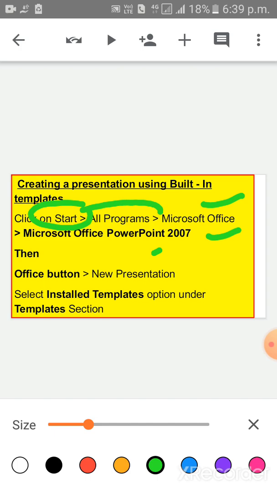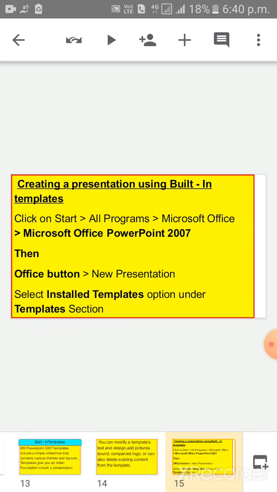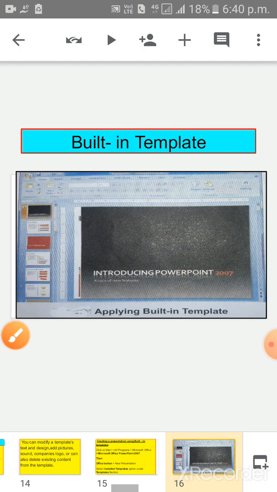After that, when the PowerPoint 2007 screen appears, go to the Office button and take the new presentation. Now select the installed templates option under the templates section. Clear? Children, this is the window of the PowerPoint 2007 built-in template. This is the picture of a built-in template.